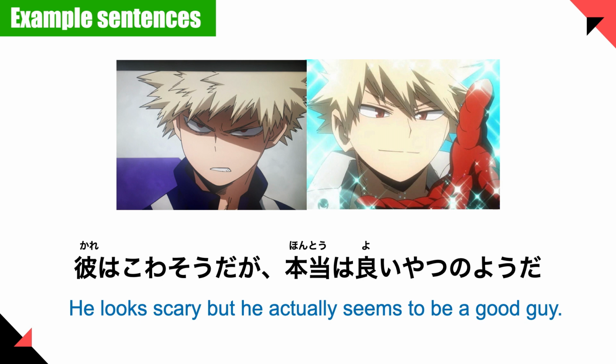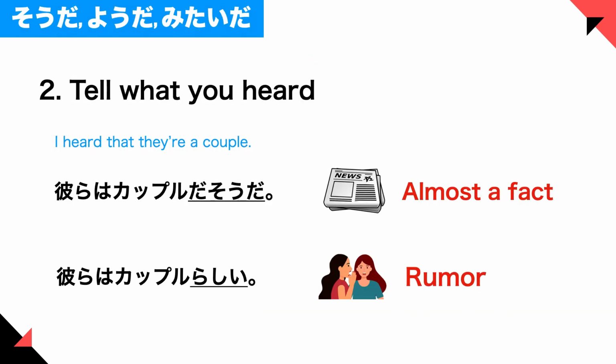But actually, there's some context story there. And then actually, he seems to be a good guy. So that's why you use 良いやつのようだ for the second part of the sentence. So, 彼は怖そうだが、本当は良いやつのようだ。